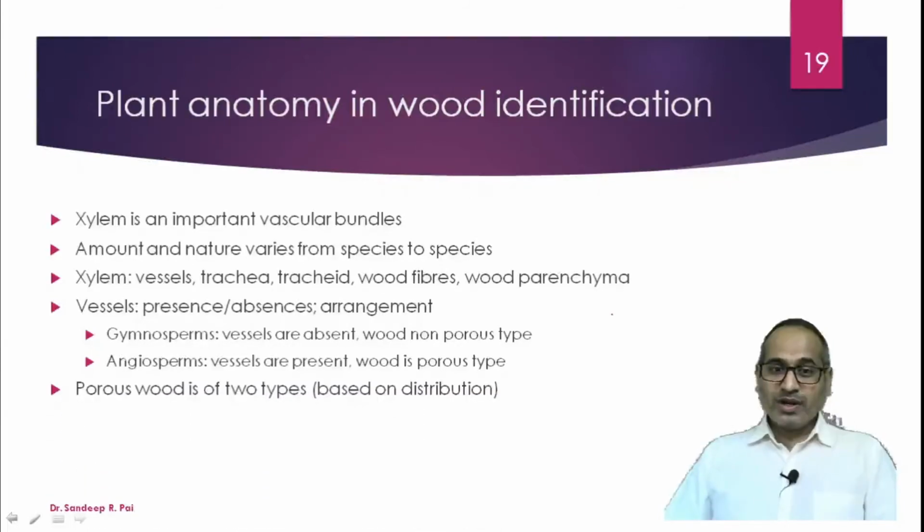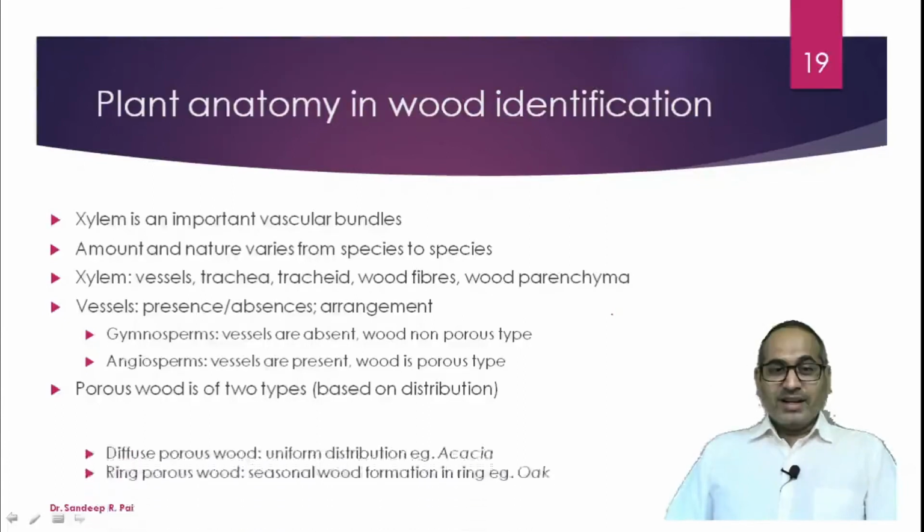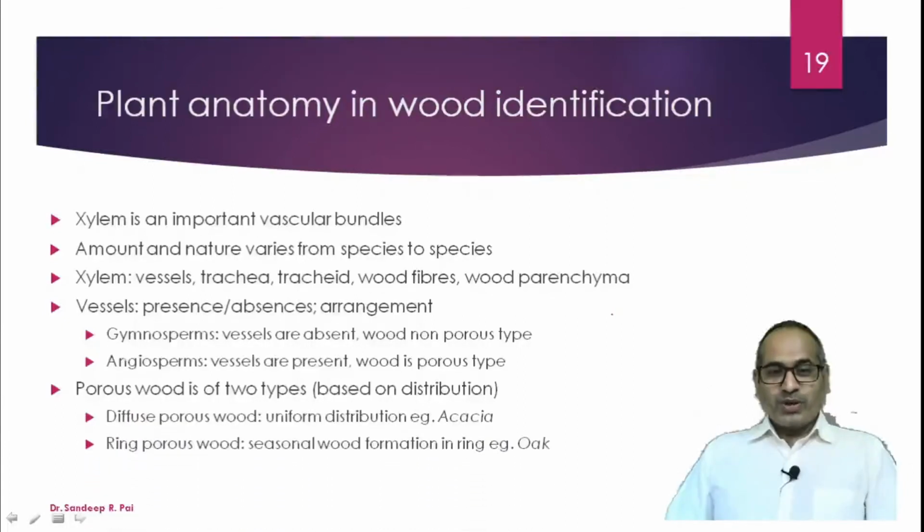Then porous wood is again of two types. Further, porous wood is of two types based on its distribution. Diffuse porous wood: the name itself says it is uniformly distributed. For example, in acacia, where you take a section of acacia wood and you will see that the porous wood has a diffuse